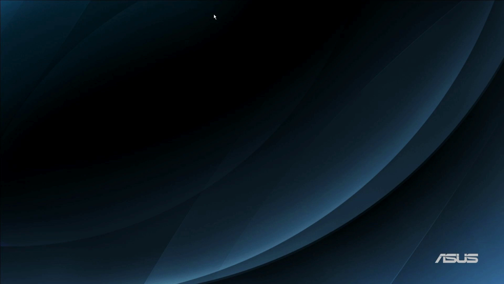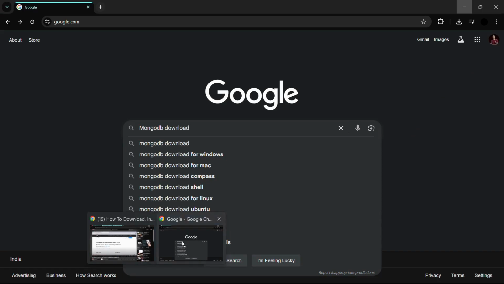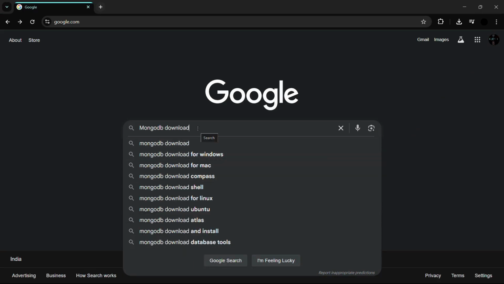So the first thing that you need to do in order to download the MongoDB for your Windows system is to access any web browser of your choice, be it the Google Chrome, the Microsoft Edge, Mozilla Firefox, or any other web browser that best suits you. So for the sake of this demonstration, I will be using Google Chrome to show you how you can download the MongoDB. So let me open my Google Chrome, and here you can see that once you have opened the web browser, you need to search for MongoDB download. And once you have searched for it, simply hit the enter button,